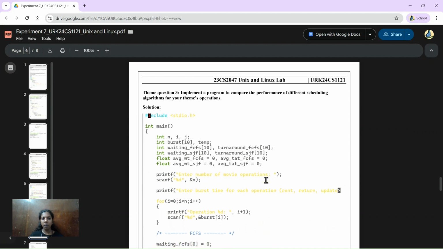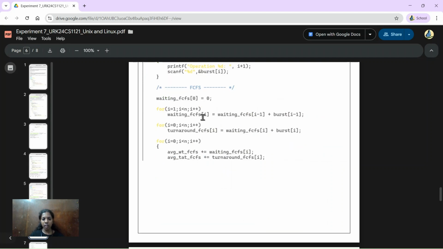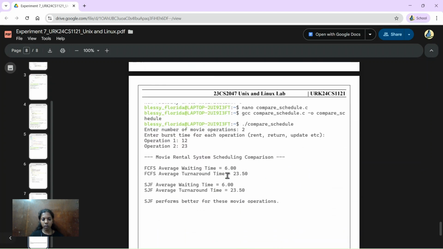The next question will be implement a program to compare the performance of different scheduling algorithms for the same operation. So here I've mentioned many things like average waiting time, average turnaround time, waiting time, turnaround time, burst time, and temp. Temp is a temporary variable which is given for a specific reason to store a particular value in that, and later on we'll use it for other purposes. So I have given the conditions for waiting time, turnaround time, and the averages also. When I run, I'll get FCFS, first come, first serve, and